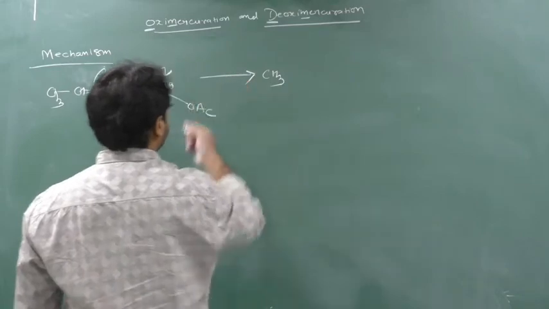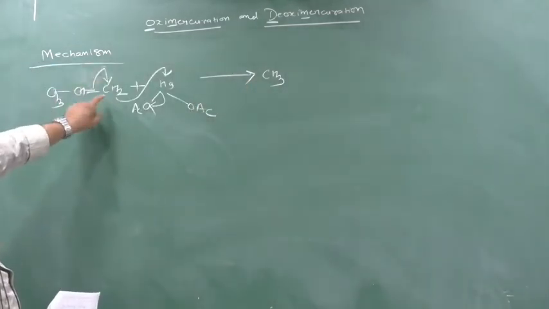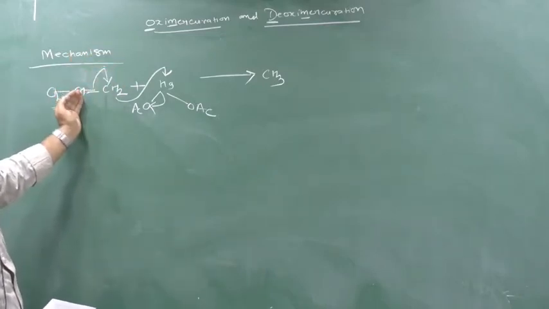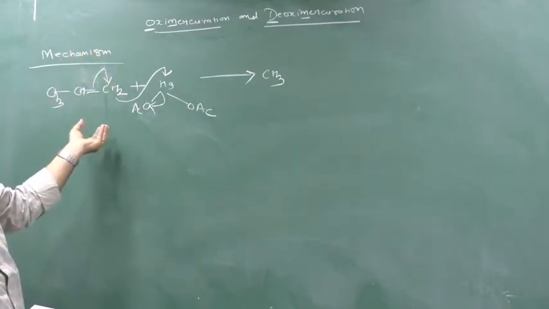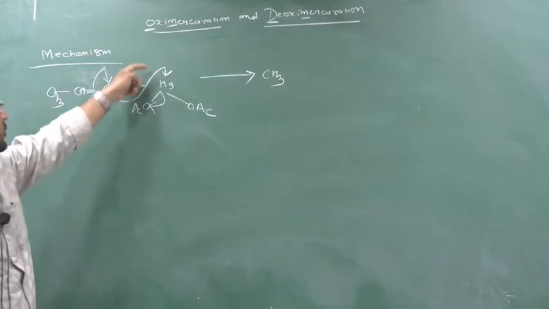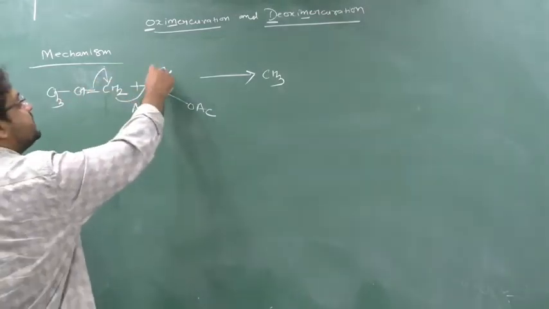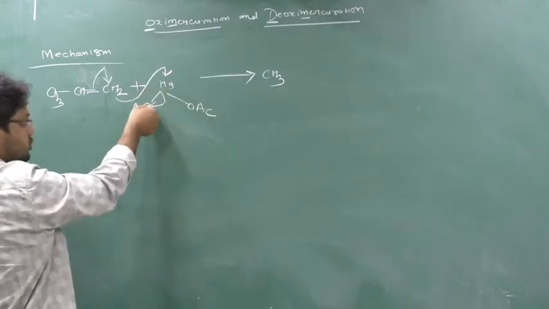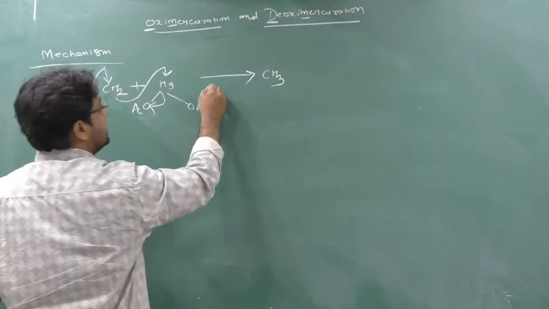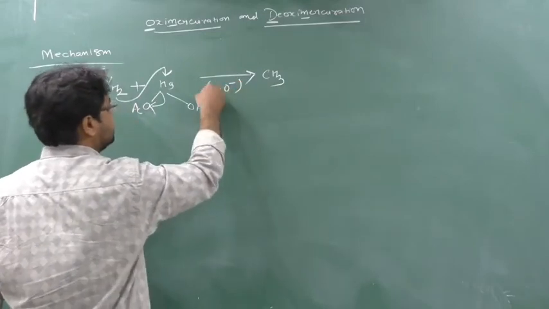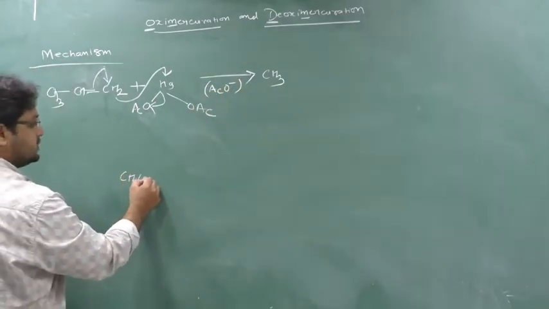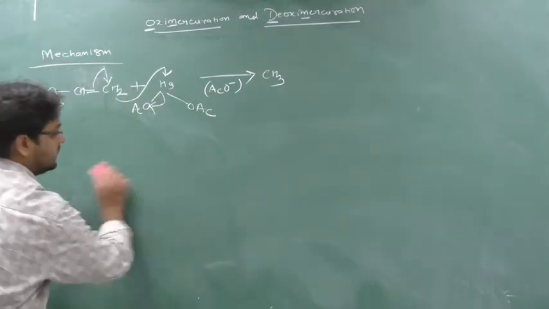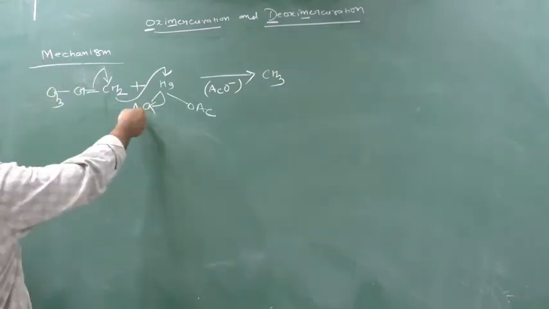So what will happen, we will see here. CH3, see this bond breaks in this way, so here one bond will come, this electron will come now, because the bond is breaking. The bond will enter into this CH2, the bond contains electron, so this electron is donated to Hg. Here Hg is making a new bond with this CH2, so to make a new bond, all bonds should be broken. Here OAc minus is released. OAc minus means CH3COO minus, acetate ion, is released here. Yes or no? So this OAc minus is released.